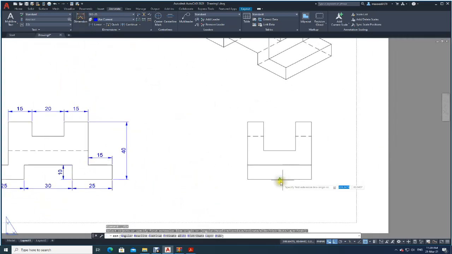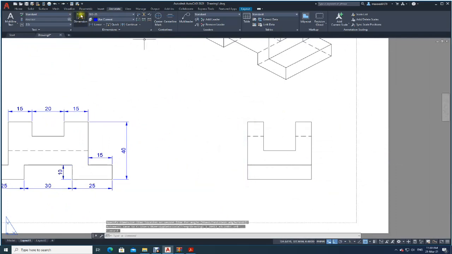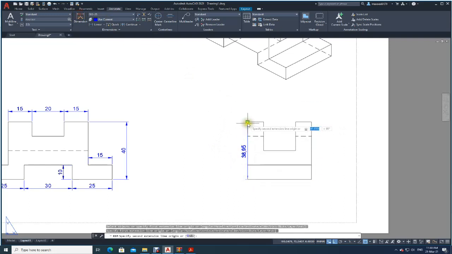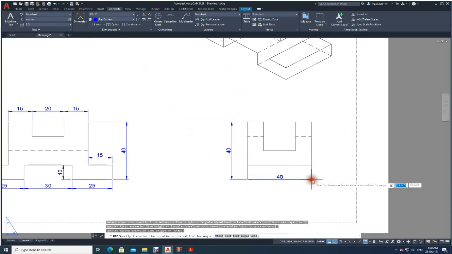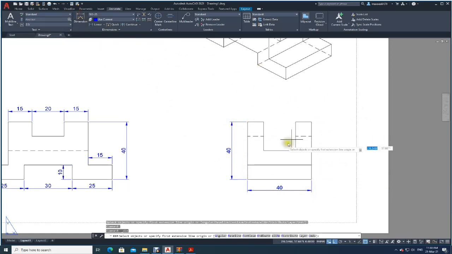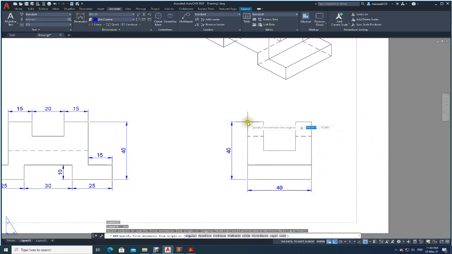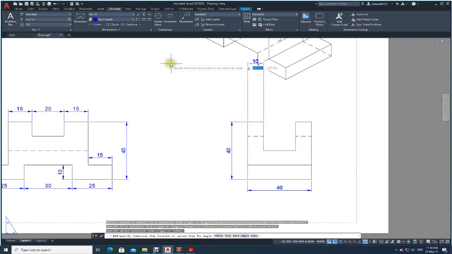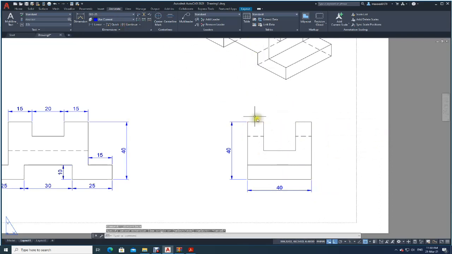Even in the side view you can just do few dimensions just to make your drawing look nice. Okay, see, height is 40. Similarly you take here, this one is how much? 40. What about this thickness? From here to here, 10. Use continuous dimensions so that you will, use from here to here, 10. Put it somewhere here. Continuous dimension, you can have it to this one and to this one. Okay, enter. Everything is ready. So now your all drawing is completely ready.